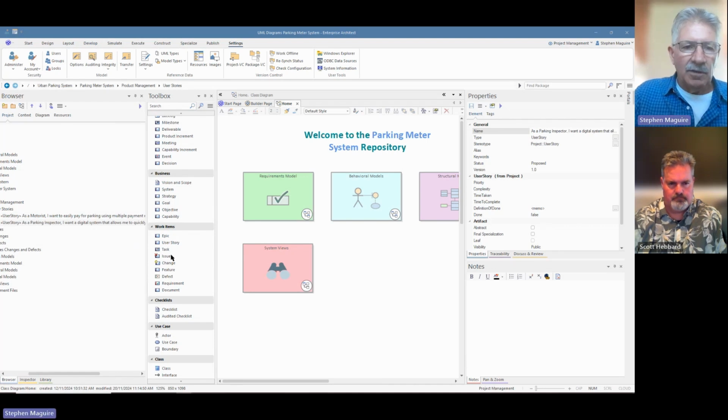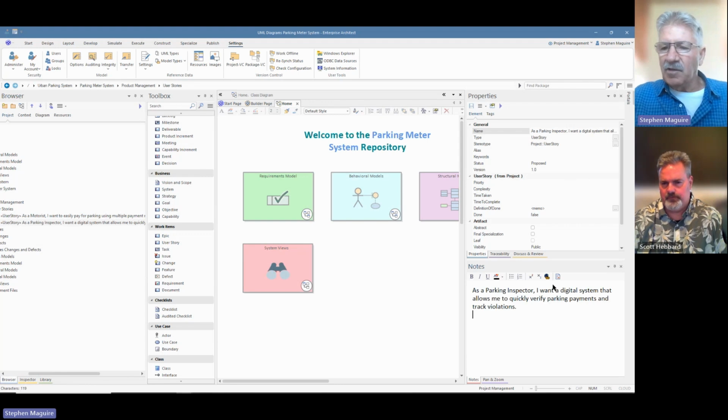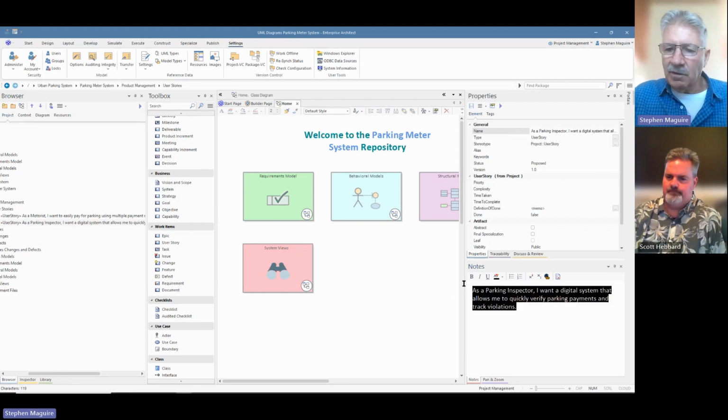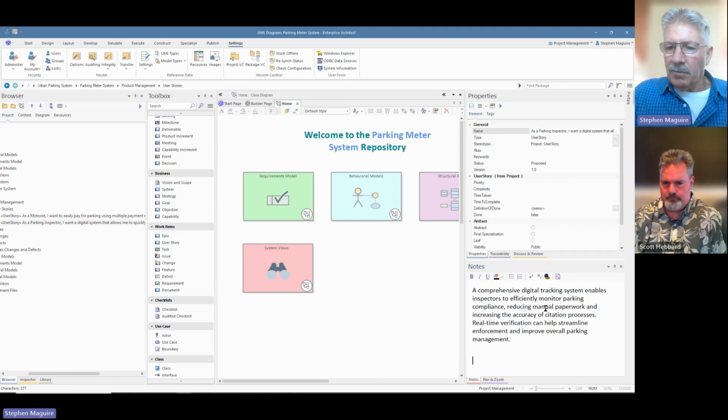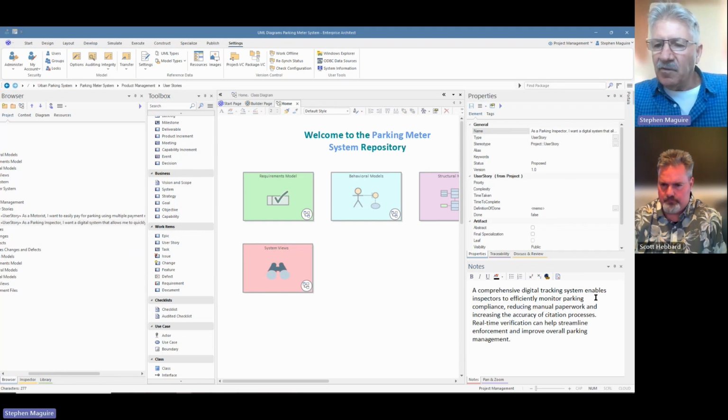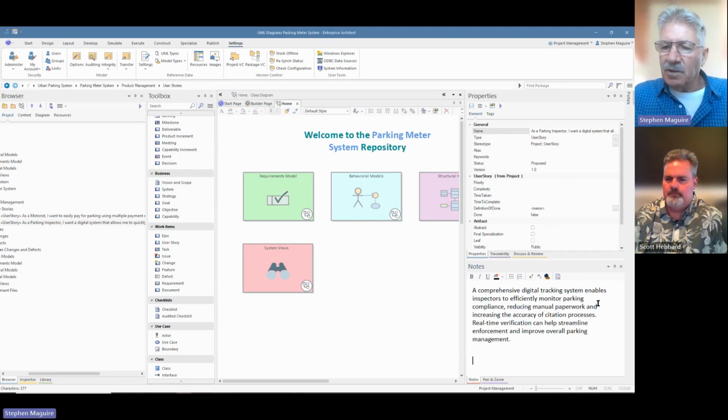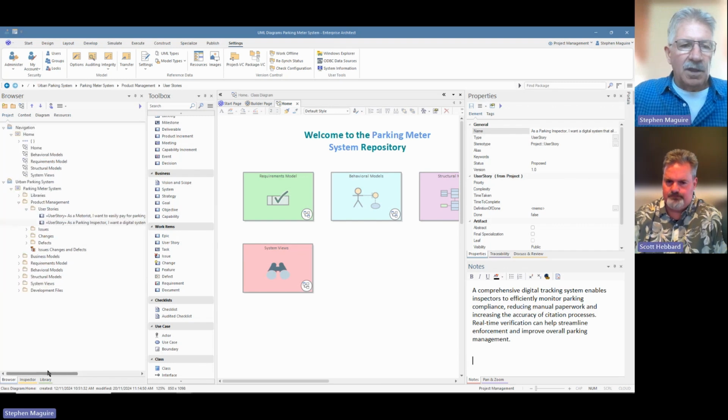Again, we select that one in the project browser and let's enter some notes. So as a parking inspector, once I put the wrong thing in there, let me just go back and do that. Just get some notes that are applicable to that particular item. So a comprehensive digital tracking system enables inspectors to efficiently monitor parking. So you can see